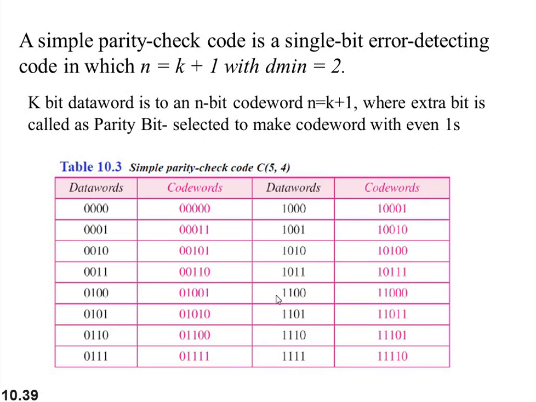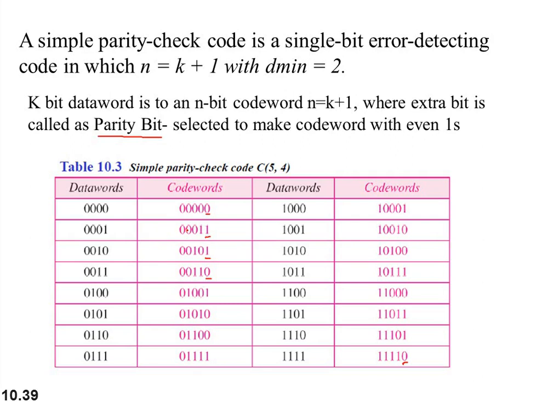Now let us consider that n equals k plus 1. You can generate the data words, and to those you add only one redundant bit as a 5th bit. Here it is the redundant bit, and here it is a redundant bit added to this one. So these are the redundant bits added, and here is the redundant bit in the last case. This redundant bit is nothing but a parity bit. You are familiar with the parity bit concept.